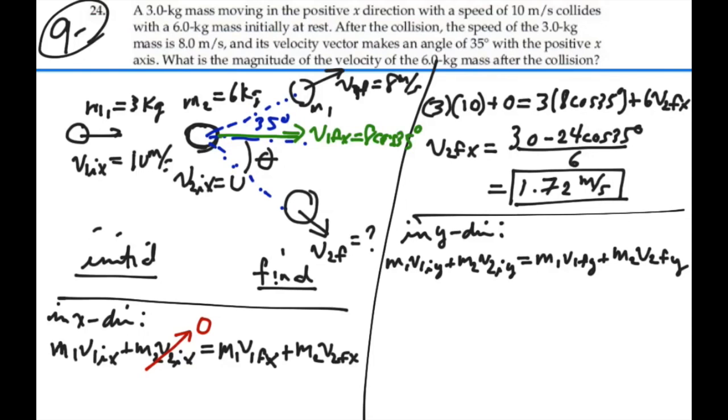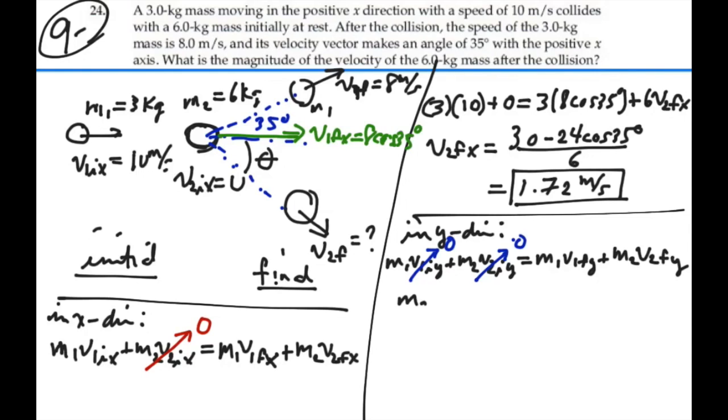Now initially, neither mass has any velocity in the y direction. So v1 initial in the y direction is 0, and v2 initial in the y direction is 0. So there's no initial momentum in the y direction. So we're left with